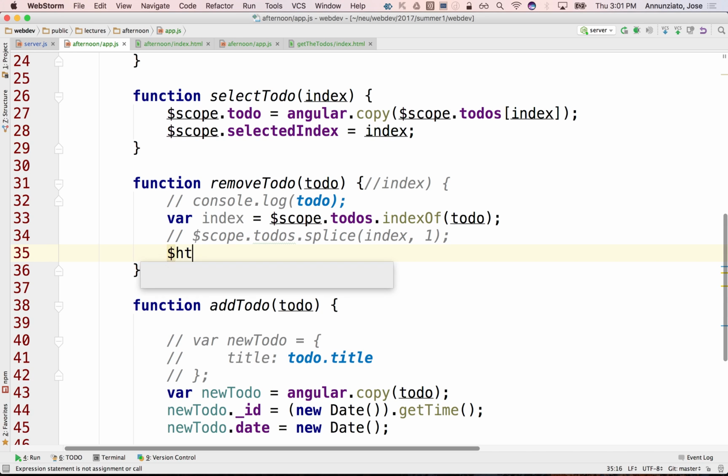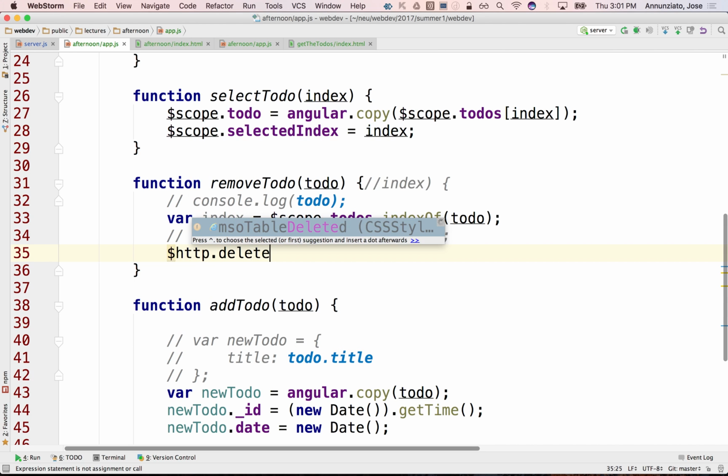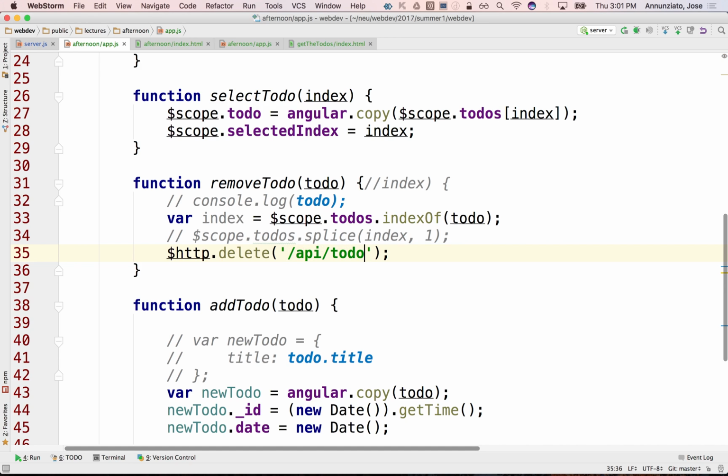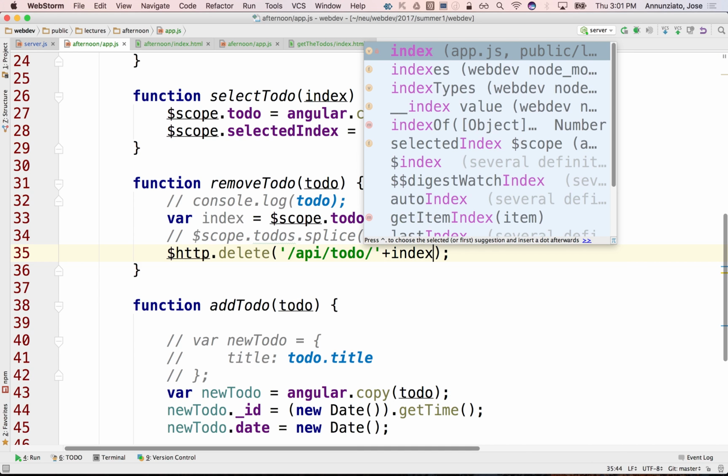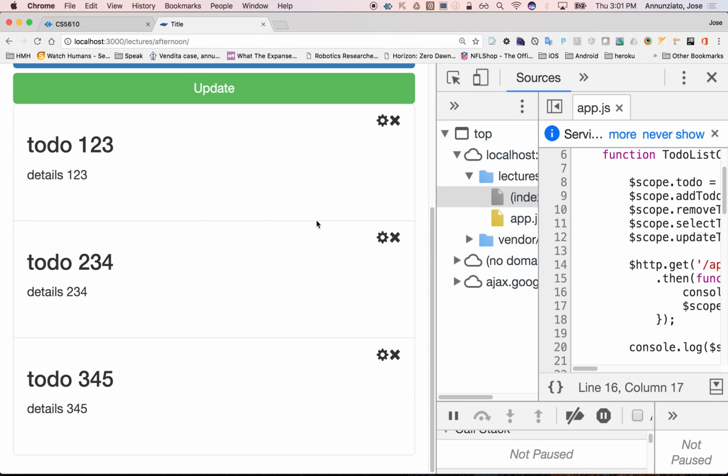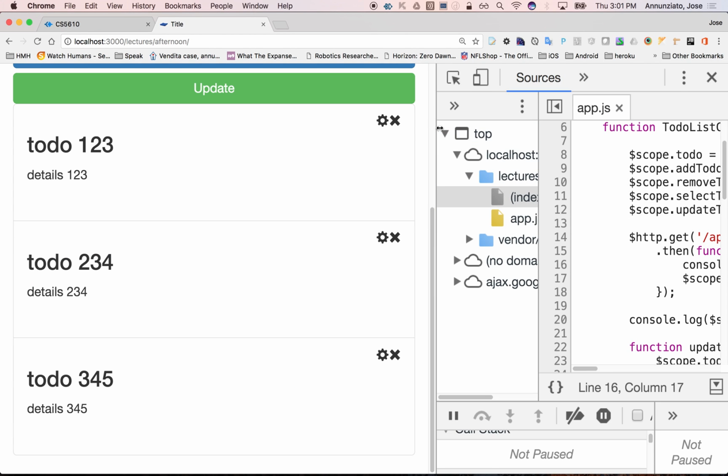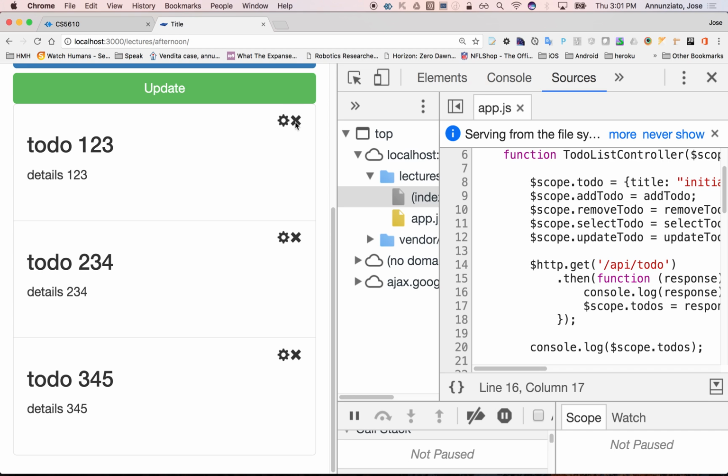So we're going to go $http.delete, and we're going to send a URL, the API, then the entity that we're manipulating, and we're going to specify the index of the entity that we were manipulating. Yes, right. So if we try to do that, and we click on this, notice that we get